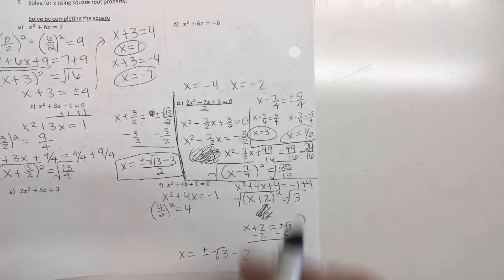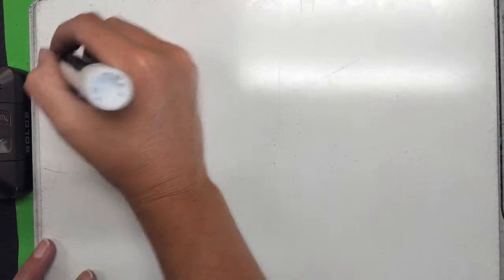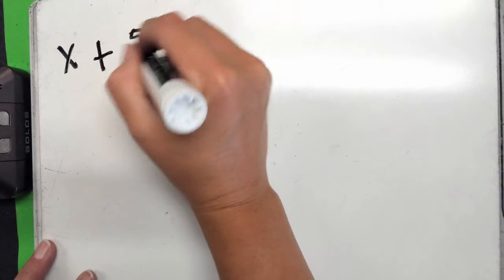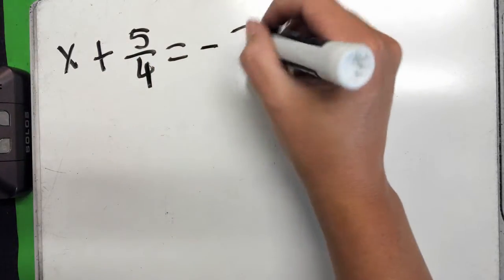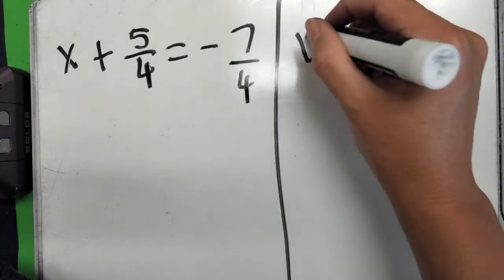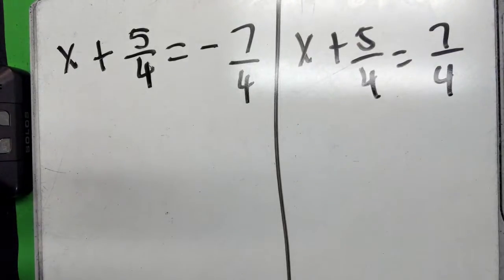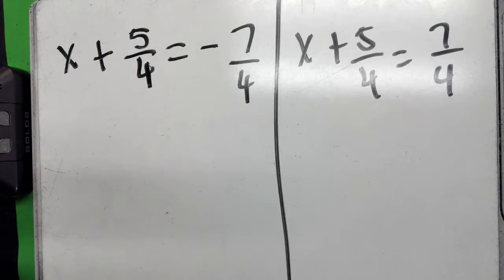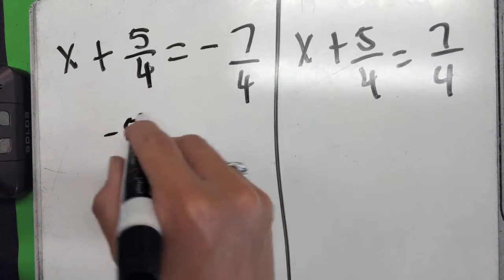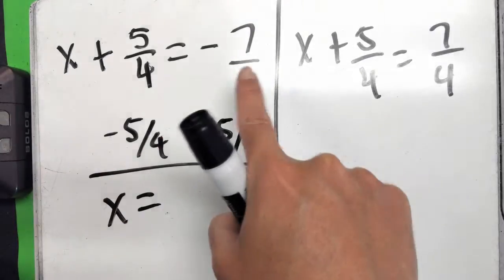All right. So I'll have two different problems right here. Abigail, tell me my first one. You'll have x plus 5/4 equals negative 7/4. And x plus 5/4 equals positive 7/4. Sweet. All right, Kayla, from this one I need to do what to get x by itself? You need to subtract 5/4. Good. So I get x equals